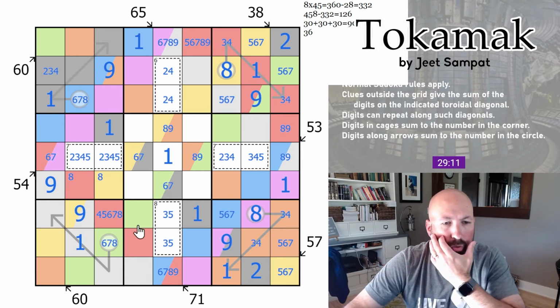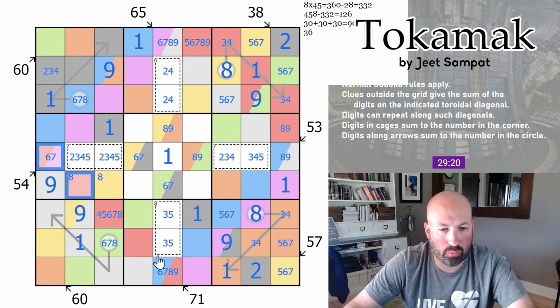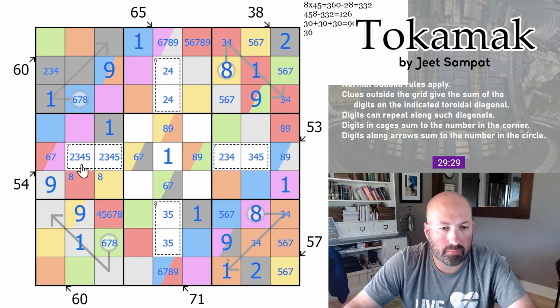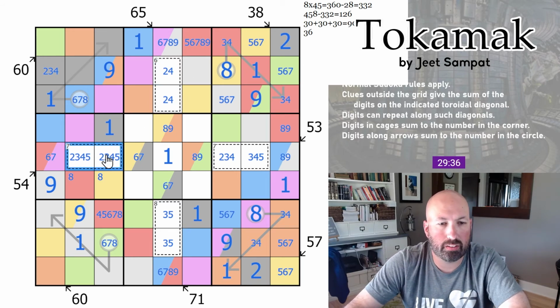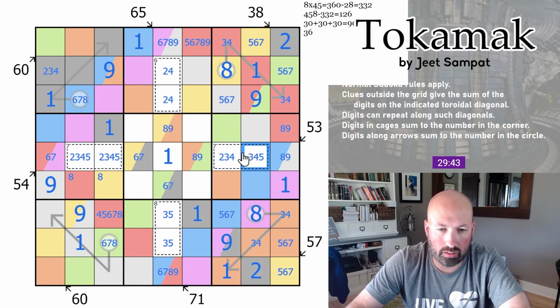Okay, so where do we look now? These can still be 8 and 7, which is what we were going with originally with our maximums. So I don't think that's helpful yet. We still don't know anything about these, other than what we already have here, these killer cages. I was hoping we'd get a 2 or this 2 here limited a little bit, but